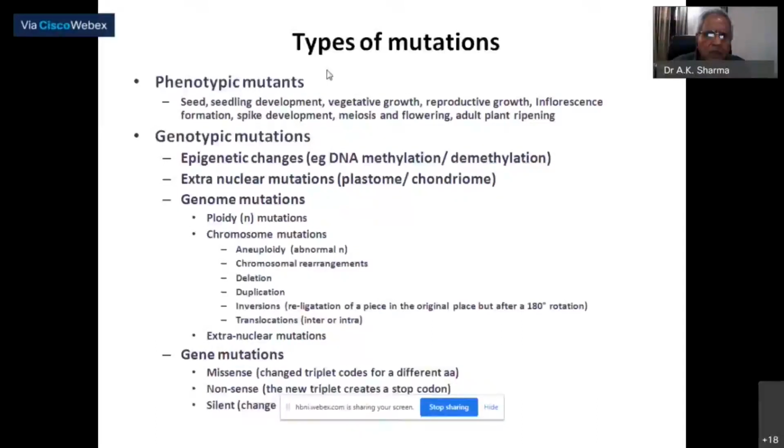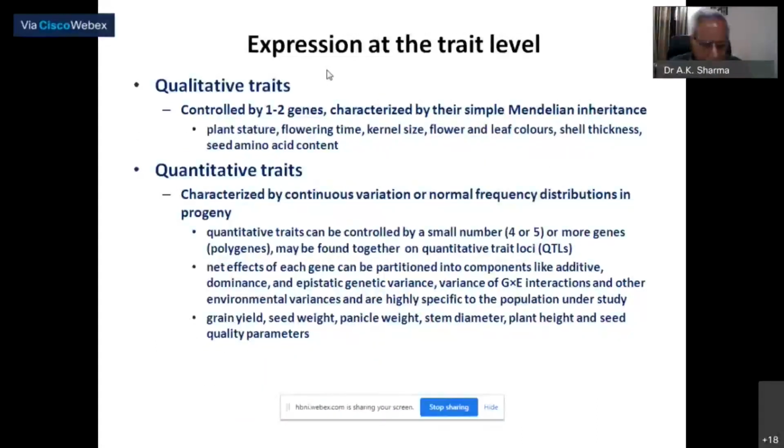So there are different kinds of mutations for academic purposes. You can always try to define what exactly has happened that created a typical character or change in the trait that we want. And that's why normally the breeders would like to know the genetic basis of the mutation that has taken place in a crop which has been improved. So all these studies are done in the background.